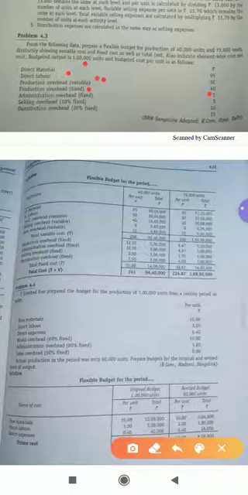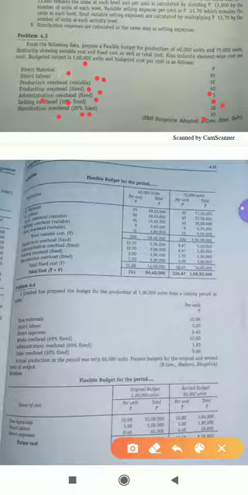The next one we have is administration overheads. Already in the last video I told you administration overheads will always be fixed. They have given fixed, so 5 rupees, so 5 into 1 lakh. And selling overheads, total selling overheads is 10 rupees. Out of that 10% is fixed, so 10 rupees into 10%, 1 rupee is fixed, the balance 9 rupees is variable. Distribution overhead 20%, so out of 15 rupees 20% is fixed, so 15 into 20% you will get 3 rupees, the balance 12 rupees is variable.